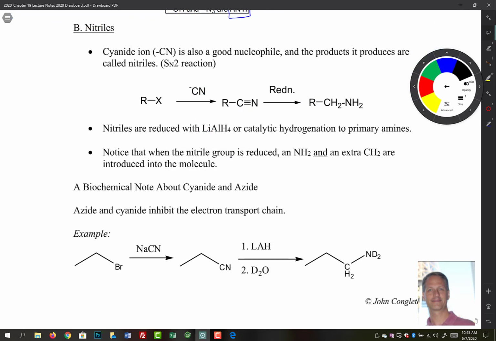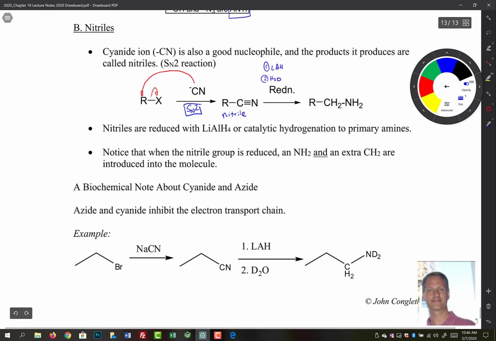So the last reaction that we're going to look at here in this chapter is the addition of nitriles to alkyl halides. So here we have a cyano group, or cyanide. So this is going to be an SN2 reaction. So if you remember back in chapter 6, we probably saw something like this back there. And that makes a nitrile here. And then we can do a reduction. That reduction often is done with LAH